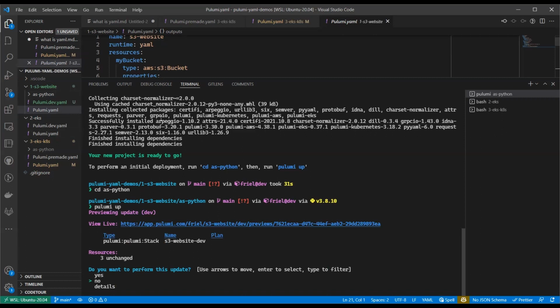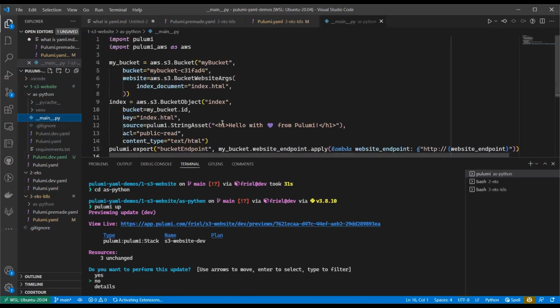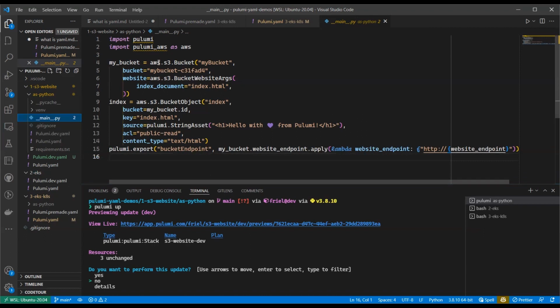And what does that look like? Inside as Python, of course, we have some of the extra directories that Python has created. We have a virtual environment. We have a main.py, which is where our Pulumi program now lives. And inside, we have our same resource declarations, but now converted to Python, including, as you can see, handling things like this apply in order to be able to get the website endpoint and then interpolate it into a string. So you can see here where there are some advantages of YAML, where we've actually shaved away some of the complexity. But when you do need to go to Python or TypeScript, we do support that as well.